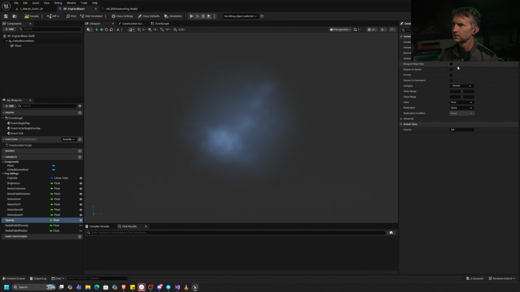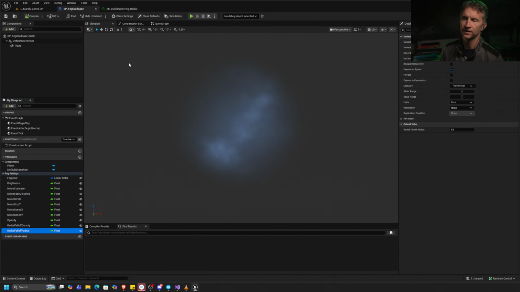Now, depending on how deep your materials are, how many parameters you have, this can be painful, especially once we get into the blueprint side of it. Okay, so we've got all those exposed on spawn, so we can set them. Now we need to use them, okay? However, there's a trick to this. And the trick is,